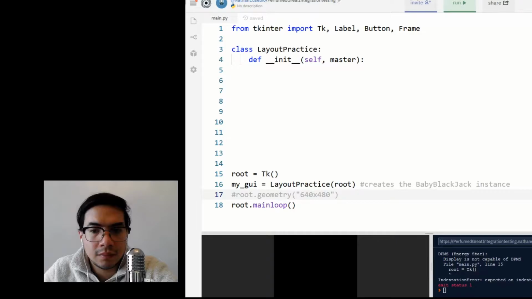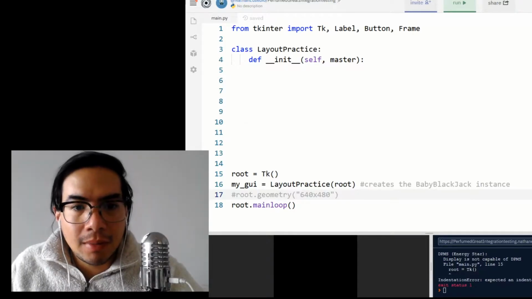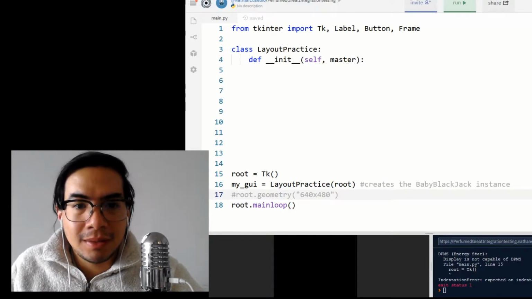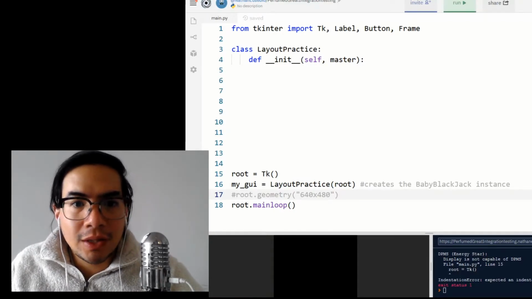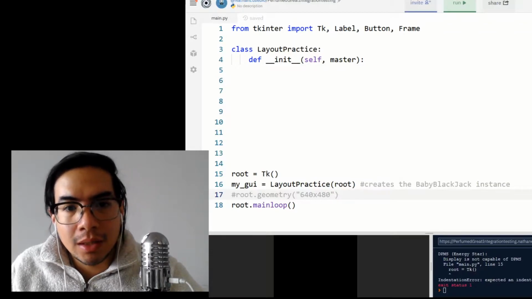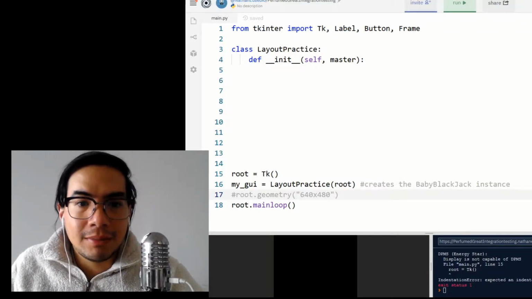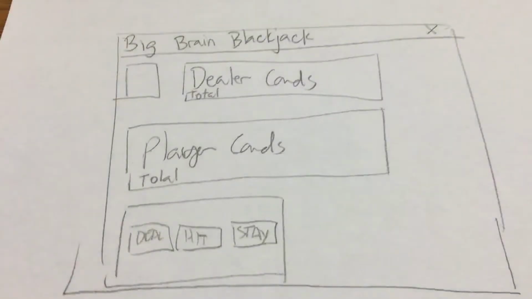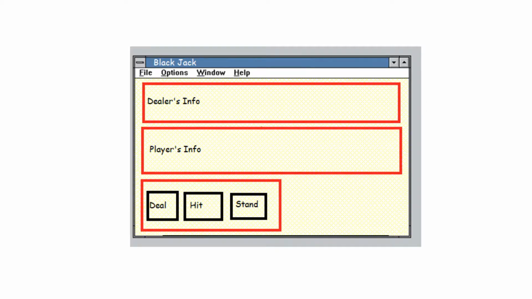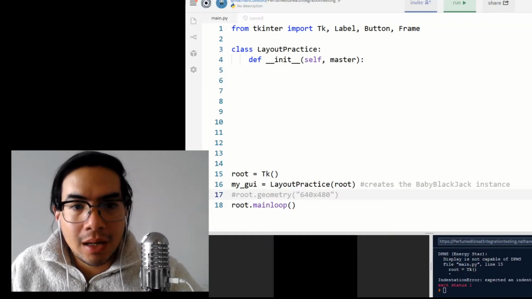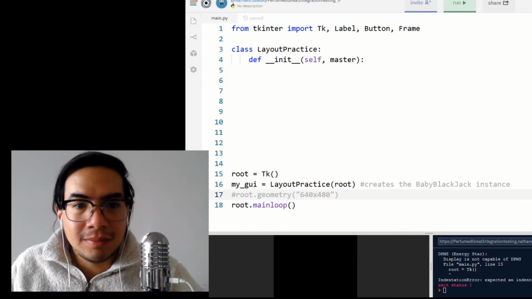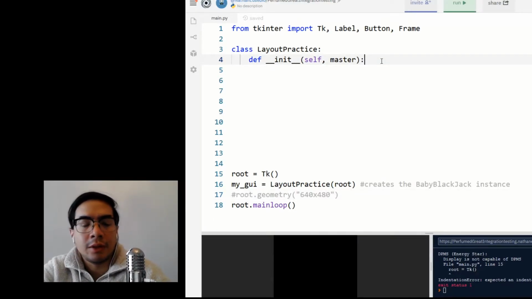Let's see what this looks like in the code. Again, our focus in the video is on grid layouts, so I will not be showing everything pertaining to the blackjack program. At the end of this video, we should have a window that is nicely arranged according to our sketch, but not with the same functionality as blackjack just yet. As an exercise, you should be able to modify your own baby blackjack programs to match the layout here or even improve it. We start by